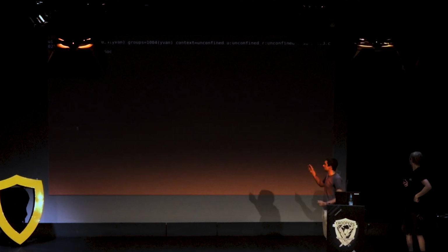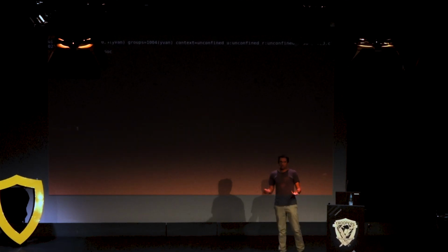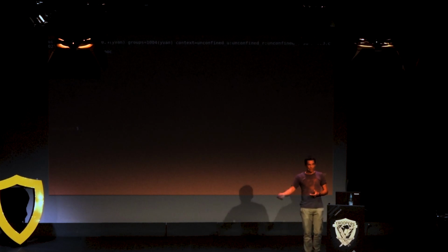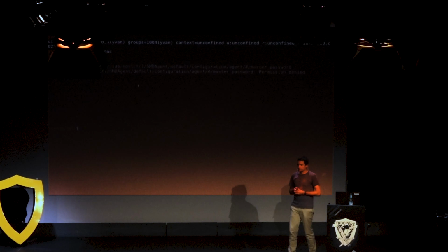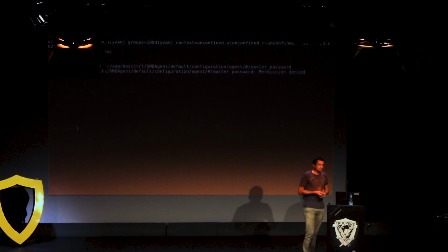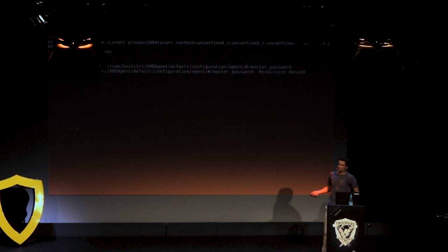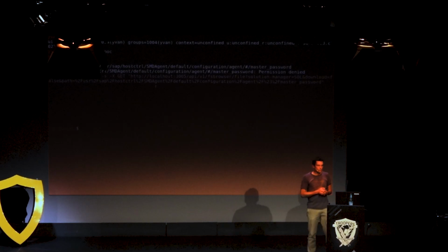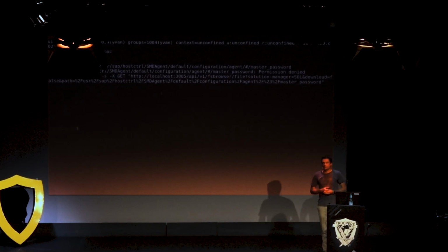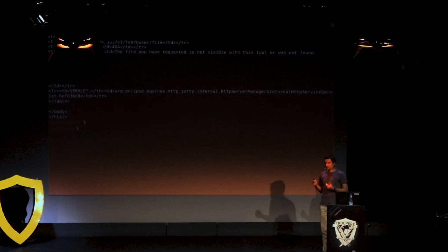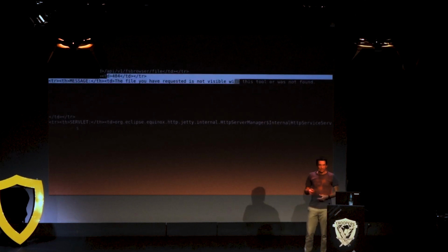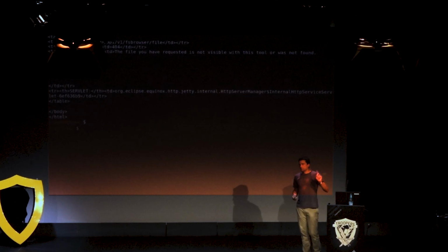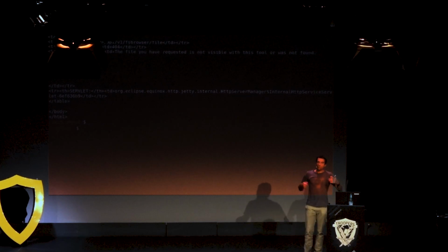Alright, okay, on the top I'm connected as user Yvan on the SAP host, so I have no particular rights. I try to display the master password. Of course, it's not working because only SAP can do that. So I will issue a request directly to port 3005 and ask to display the file. And I got an error saying this kind of file is not whitelisted in